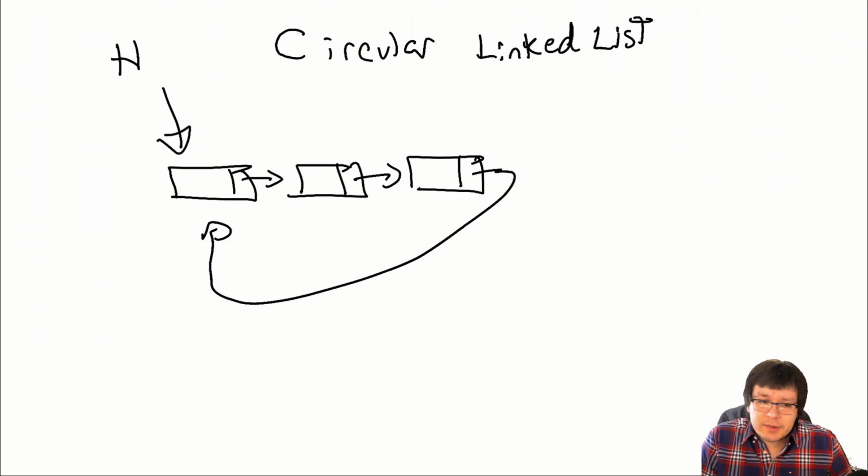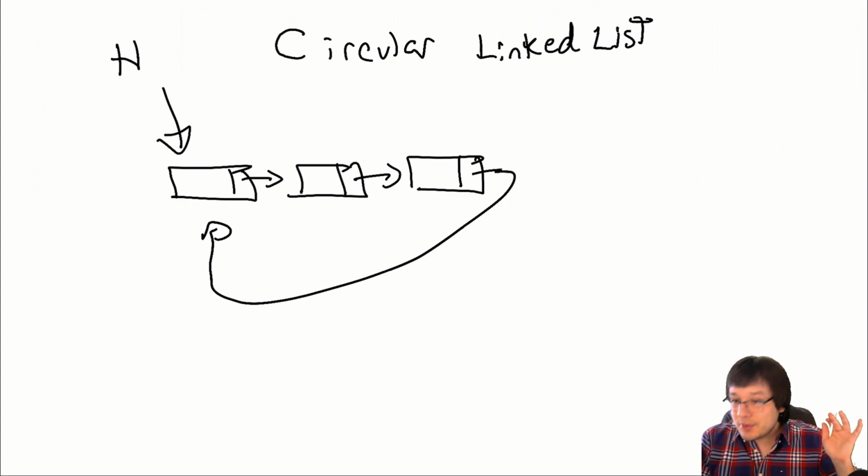It doesn't matter because if you can go in circles, if you're trying to get to the one behind you, all you have to do is go almost a full circle, right? So it doesn't really matter whether it's single or double. You can reach anywhere in the linked list as long as it's circular. But like I said, it has very, very small practical uses because ideally you want to have a beginning and an end to everything, right?